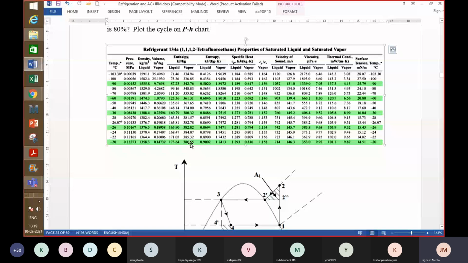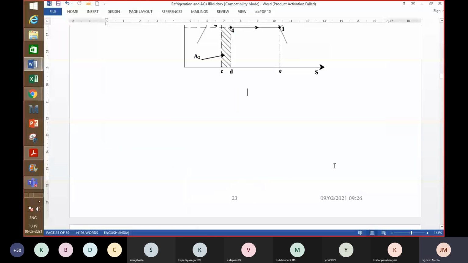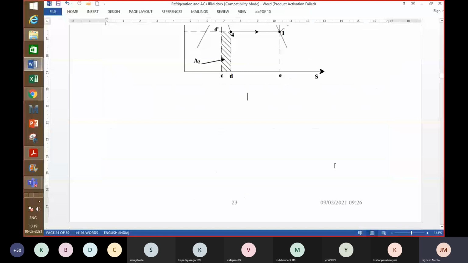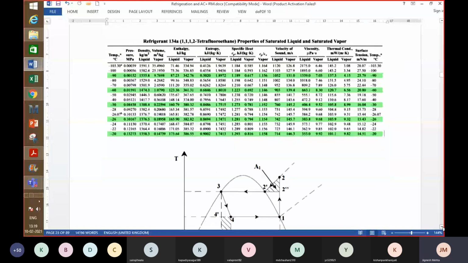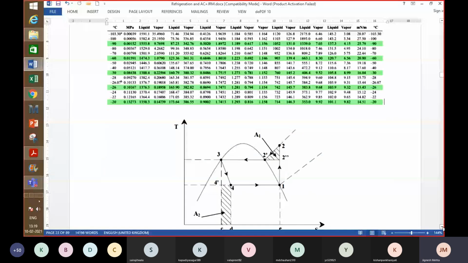And then the value of h2 may be of interest, because the compressor work, if you can recall, w, if you want to write it in kilojoule per kg, is nothing but h2 minus h1. Now you already have h1 from the table, but what about h2? The h2 value is